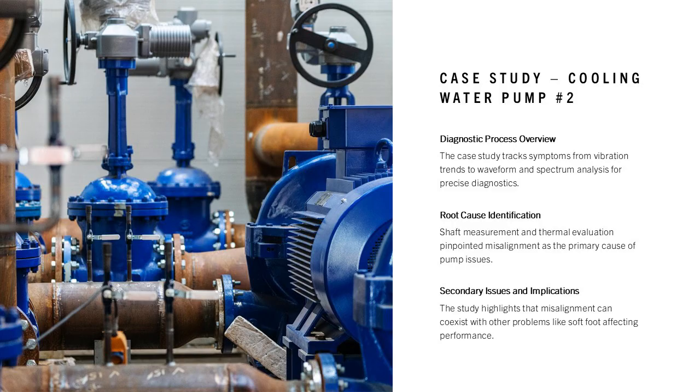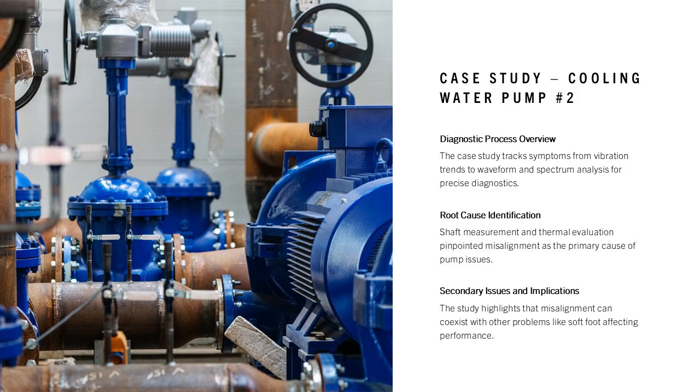This case study illustrates a real operational example involving cooling water pump number 2, highlighting the diagnostic process from initial symptom observation to final misalignment correction. The example includes vibration trends, waveform indicators, spectrum signatures, and the root cause identified through shaft measurement and thermal evaluation. The case reinforces the importance of comprehensive data collection and demonstrates how misalignment can coexist with secondary issues such as